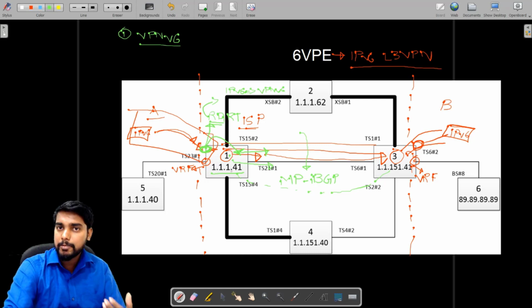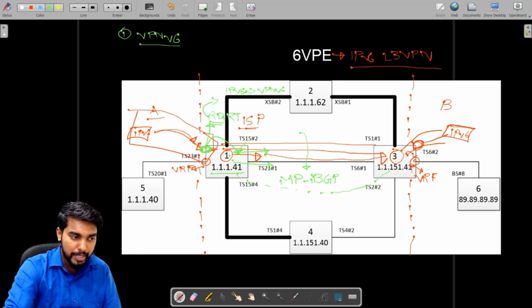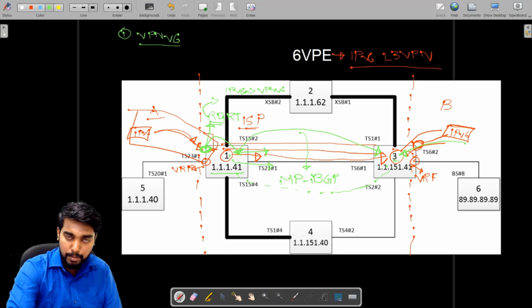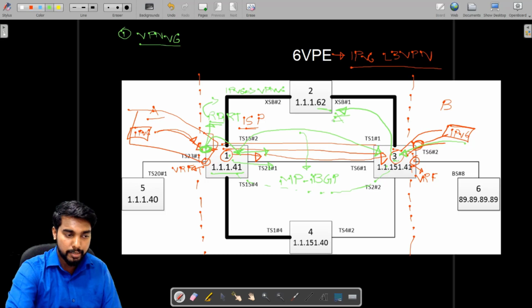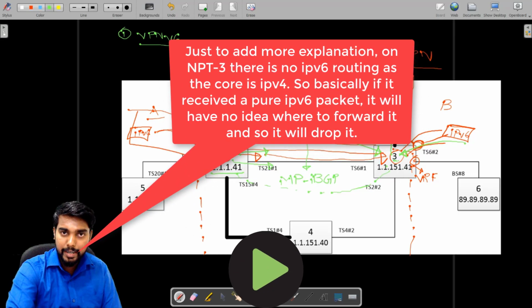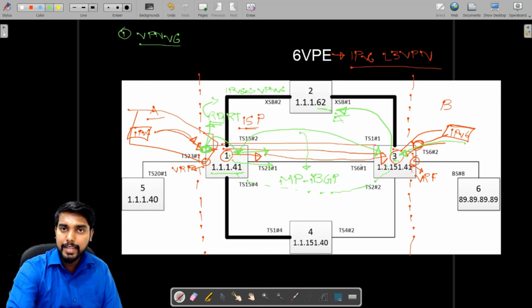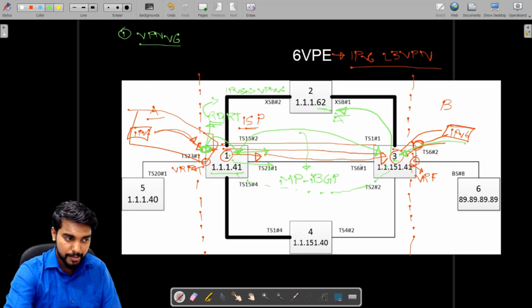Even if I advertise an IPv6 next hop, and IPv6 traffic arrives at router number 3, it will look for an IPv6 route, and since the backbone doesn't support it, it will immediately drop the traffic, and there won't be any traffic forwarding happening in such a case.